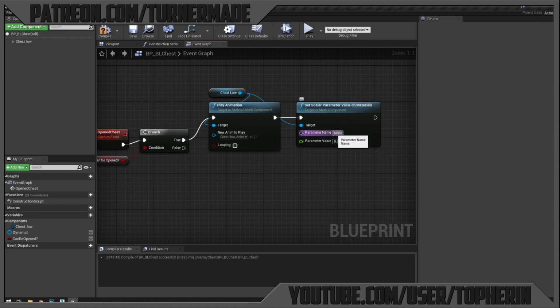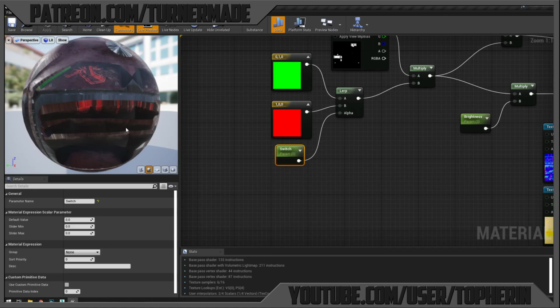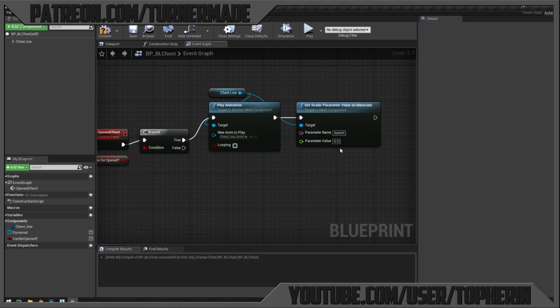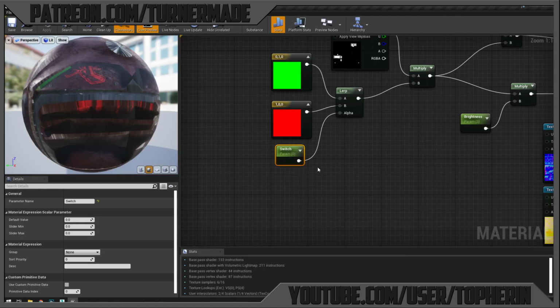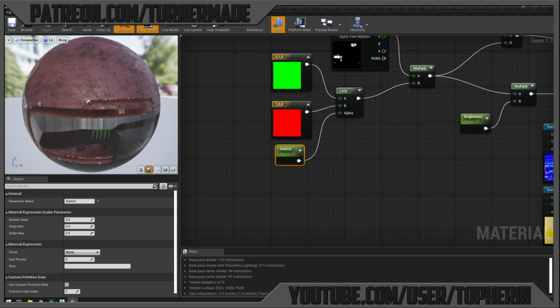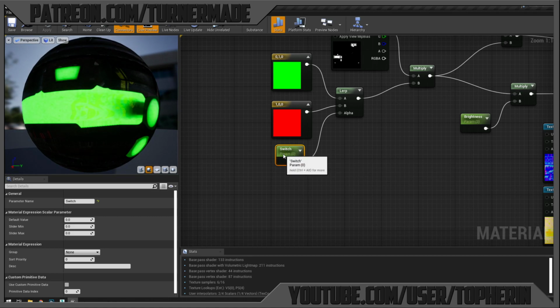Now, what is the value or the name of the parameter we're going to change? And it was called switch. And you want to be careful here. This is case sensitive. So I'll make sure that I'm naming things the right way. And then what is the value we want to give that new switch? Well, by default, it's set to 0. That's green. And when the switch is set to 1,